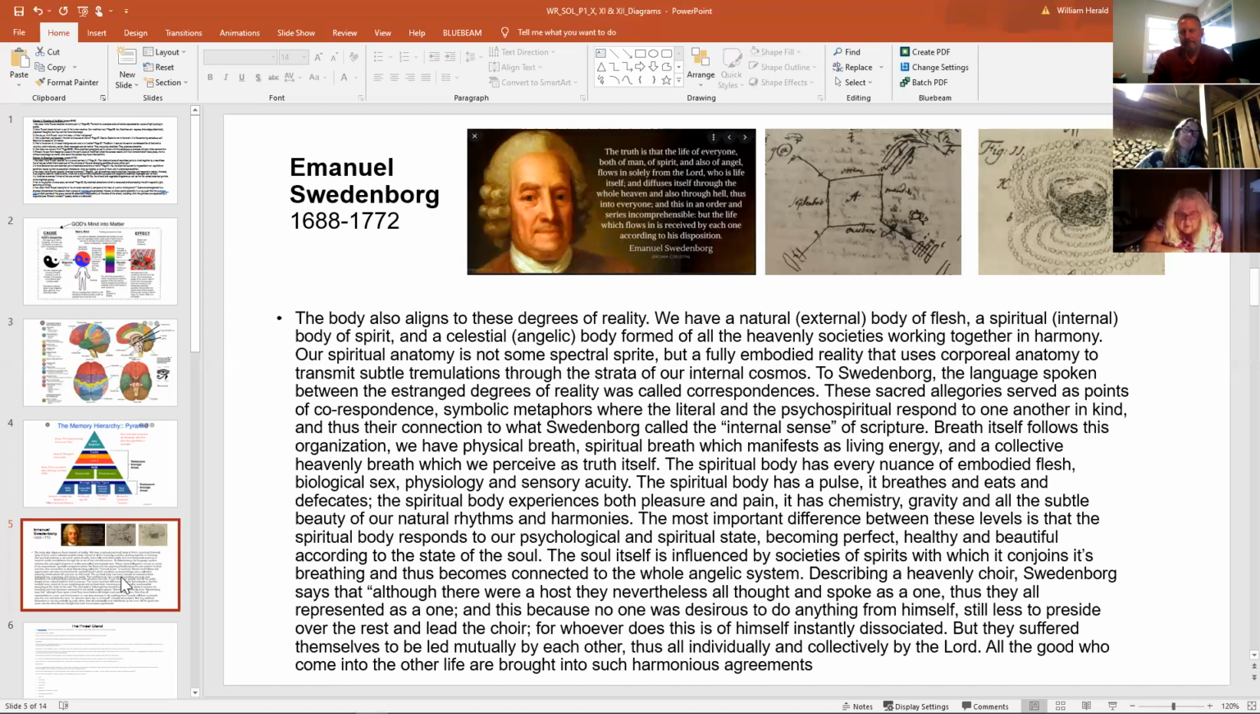So when he talks about they were all one, and whoever does this is of himself instantly dissociated, I'm just saying, wow, he's kind of describing some of the stuff that came later, like with Blavatsky and other people, you know what I mean? And that's what I say. When I found Swedenborg, I really thought that he was actually a precursor to a lot of the theosophical movement. No one really gives him credit, but there's a society for him now too. But again, he's more Christian based,